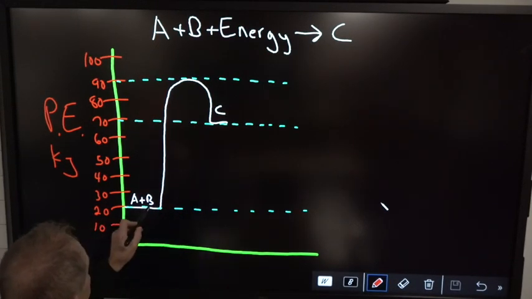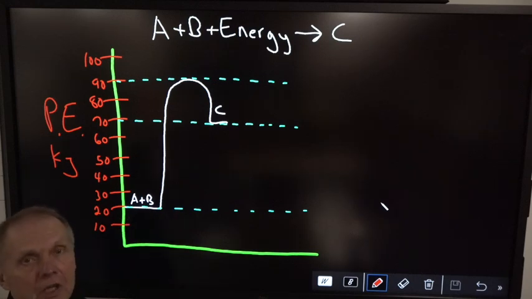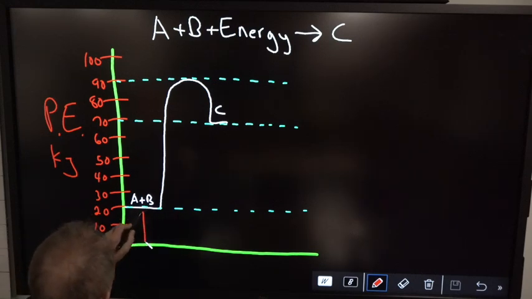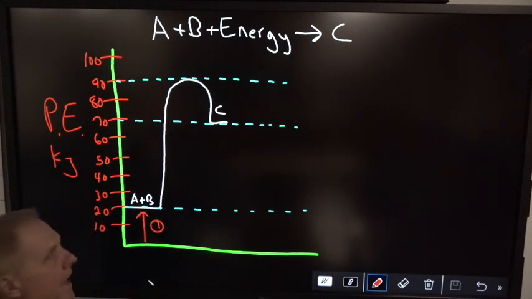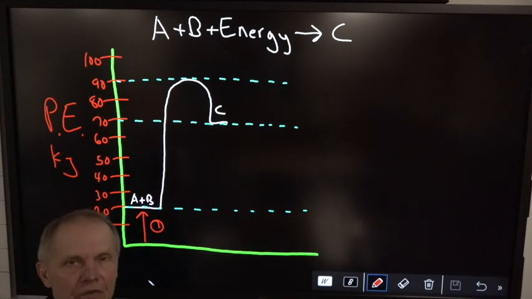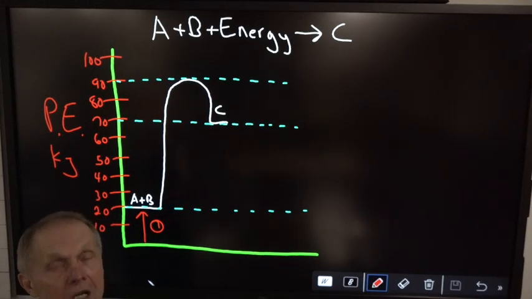So here's A plus B. Here are the reactants. So the very first line segment would be right here. That would be circle number 1, and that would be the potential energy of the reactants. Okay? Now,